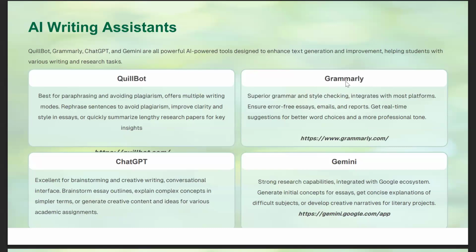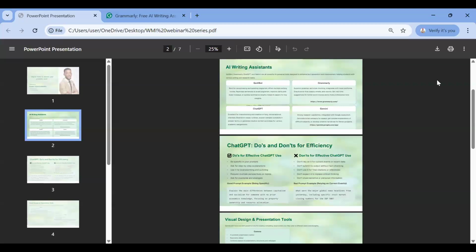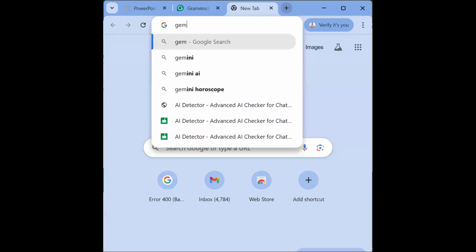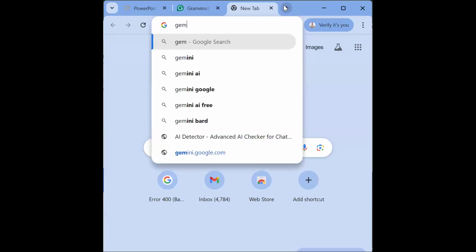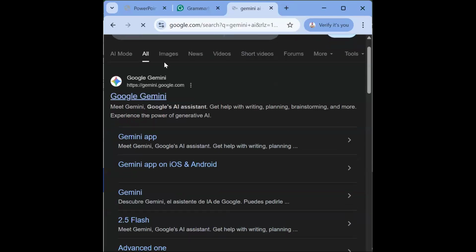I want this to be more practical. What I really want you to keep in mind is how to really use them. So Gemini, let me show you what Gemini